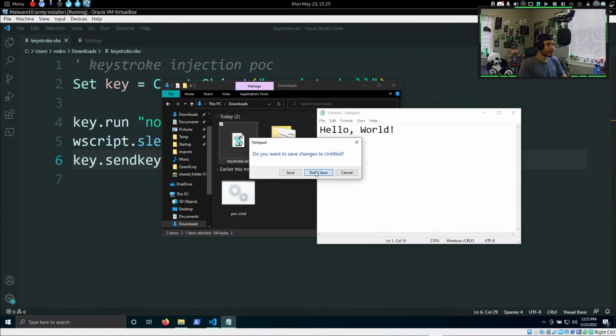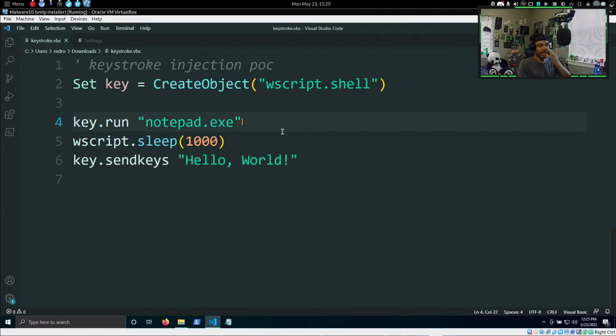So VisualBasicScript is cool because it's basically DuckyScript, but on the software level. So we can inject keystrokes without the necessary capabilities of the USB Rubber Ducky, right? So